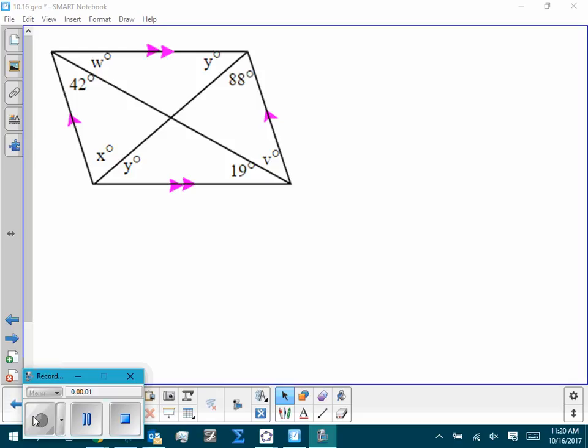On yesterday, or I guess Friday's homework. What kind of shape is that? It is a parallelogram. Okay. So